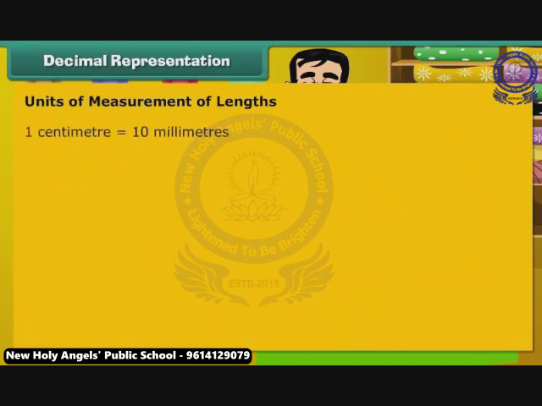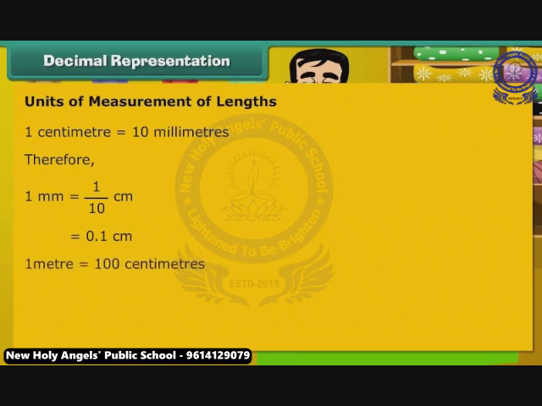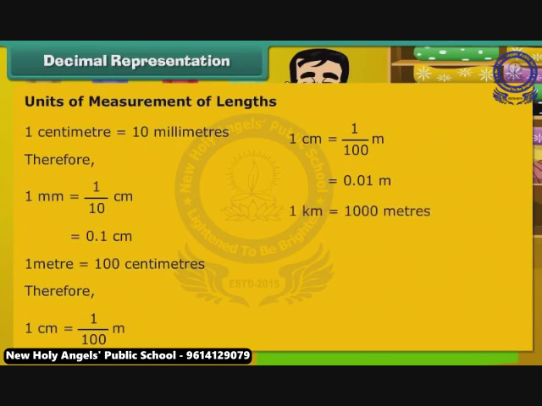1 centimeter is equal to 10 millimeters. Therefore, 1 millimeter is equal to 1/10 centimeter. That is equal to 0.1 centimeter. 1 meter is equal to 100 centimeters. Therefore, 1 centimeter is equal to 1/100 meter. That is equal to 0.01 meter. 1 kilometer is equal to 1000 meters. Therefore, 1 meter is equal to 1/1000 kilometer. That is equal to